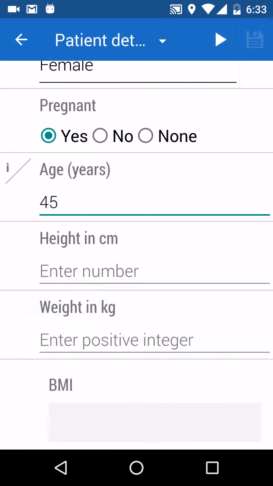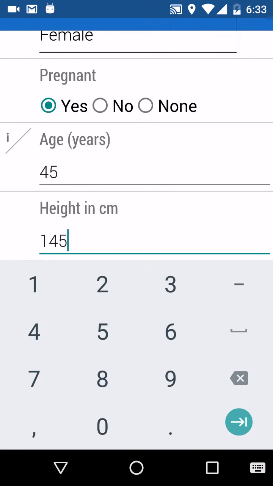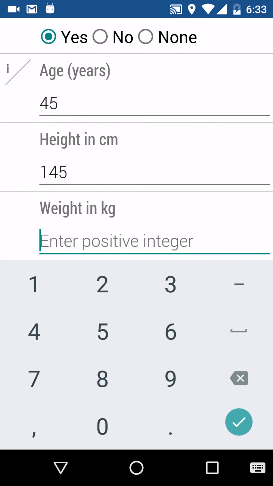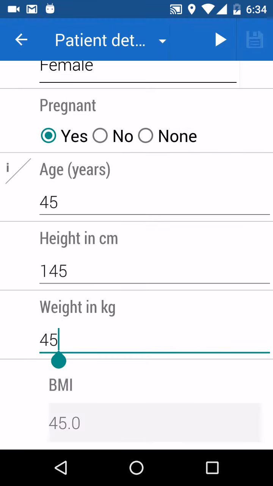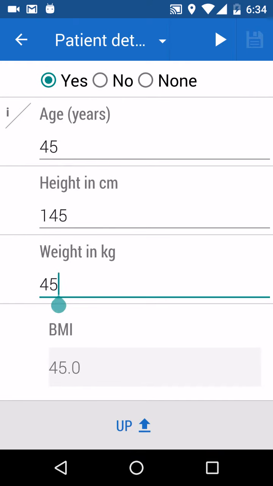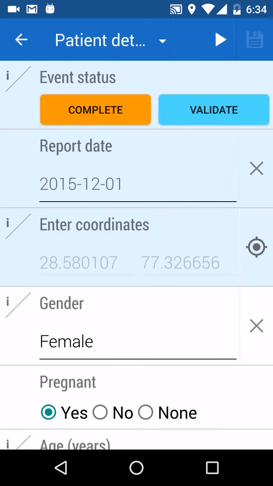Age, height in centimeters, weight in kg, so 45. Now you can see that BMI, body mass index, is calculated. It's a formula basically, so it will calculate automatically. No need to enter that. So now we can